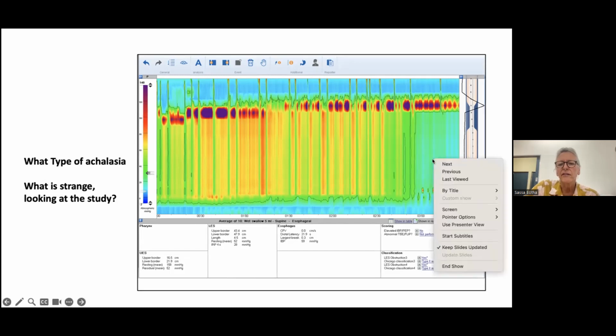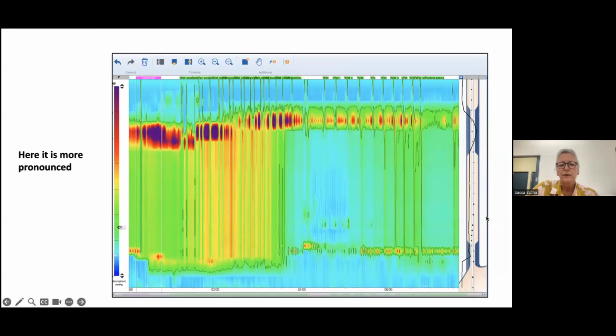I'll just show you the next slide as well. What is a bit strange here? Is it that where the pressure goes, there's a dropout almost completely? Is that the hernia sac? No, she hasn't got a hernia. Is that the diverticulum? No, you don't see the diverticulum unless you're inside the diverticulum. But if you look at this, there's the pressurization, and here it's